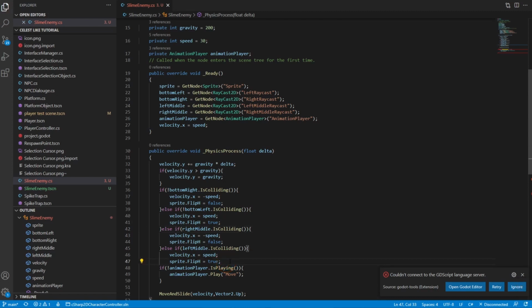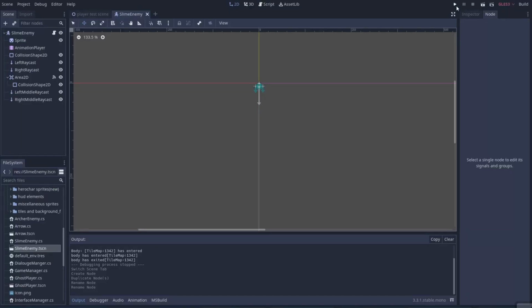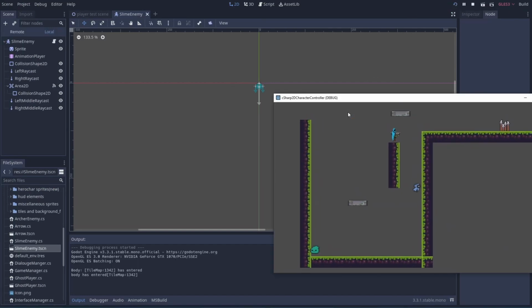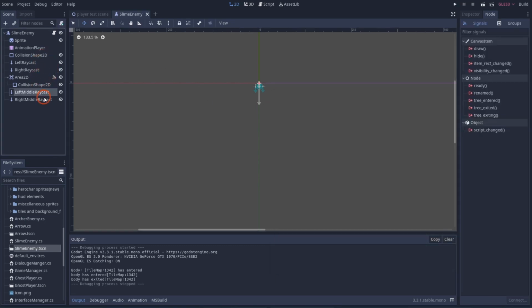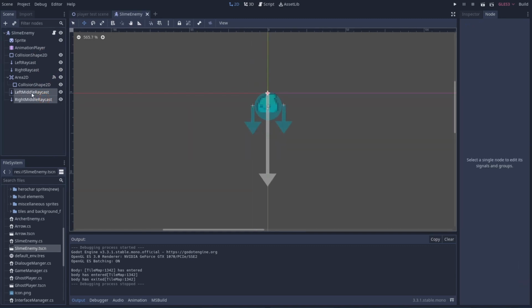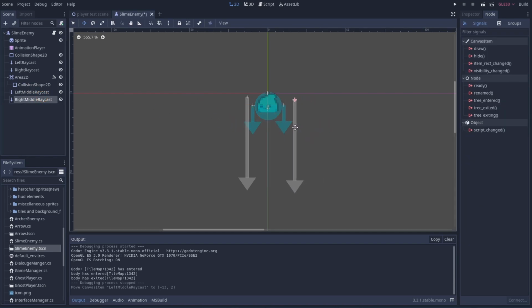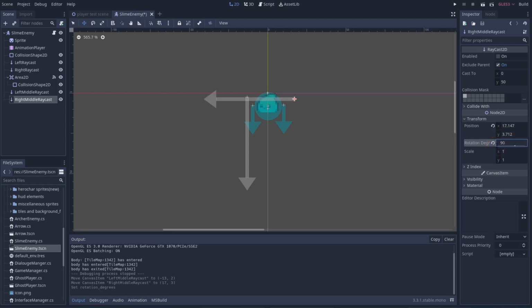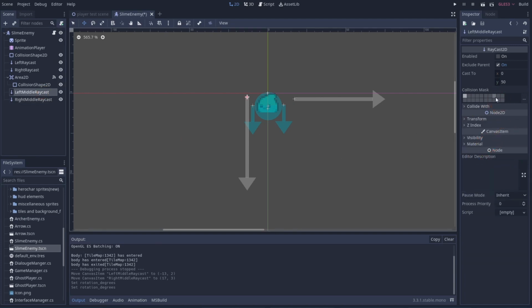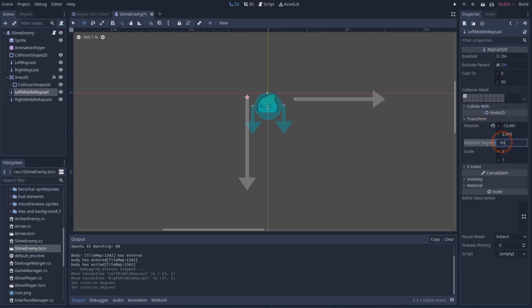And now if we save this, come over here, and hit play. Oh, it doesn't seem to be working. Hold on. Oh, that's because I'm dumb. Okay, my bad. We got to take these and move them into the correct position, so left and right. Then we go to our inspector, transform Z, and rotate this 90 degrees. It looks like this one needs to be negative 90 degrees. And then we need to do the same thing with our left raycast.